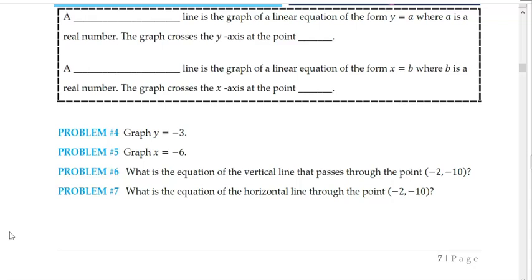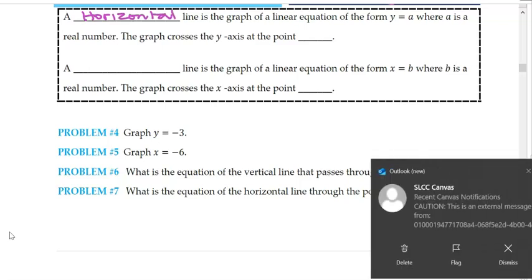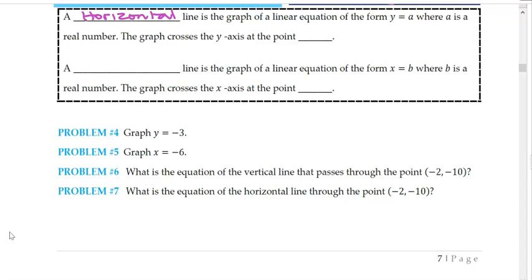All right, so let's see, a horizontal line of the graph of a linear equation in the form y equals a, where a is a real number. The graph crosses the y-axis at the point A. And similarly, a vertical line, in the form of x equals b, where b is a real number, the graph crosses the x-axis at the point B. So specifically, if I write these out as an ordered pair, right, we're going to have,